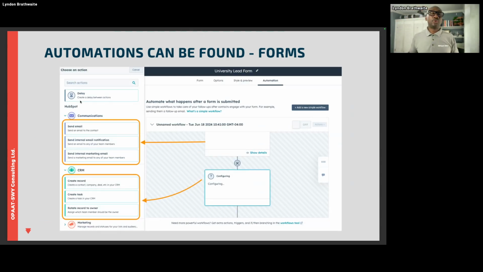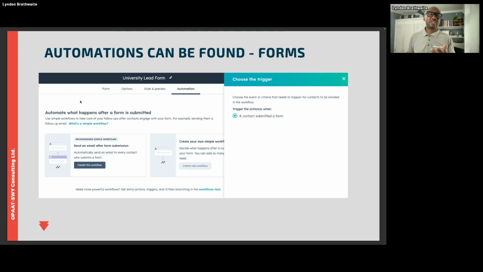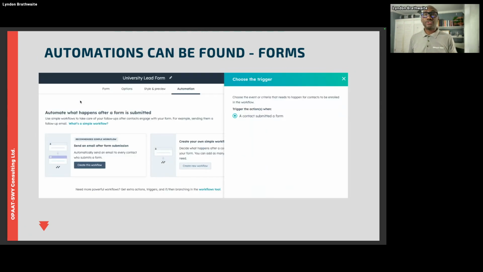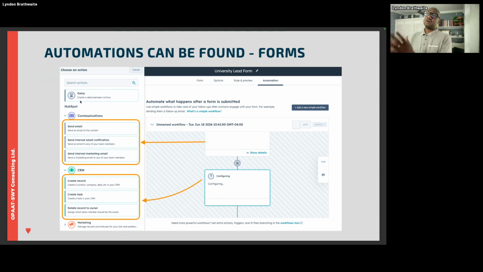All right. So when you're looking at it from the area of your forms, when you get into your form, as you can see, it's right here across, the last option when you're building out your form. When you click on it, this is what the trigger is going to give you, and these are your options. These are the options if you are Pro and above. If you are not, you will not have some of these. For instance, if you're a Starter, as much as you may see the option to create a record, you're going to see all of that being locked. So if you are a Starter and you do get this far, you're going to see that you have some limitations, but you do have the ability of doing a lot of things as it relates to your automations.